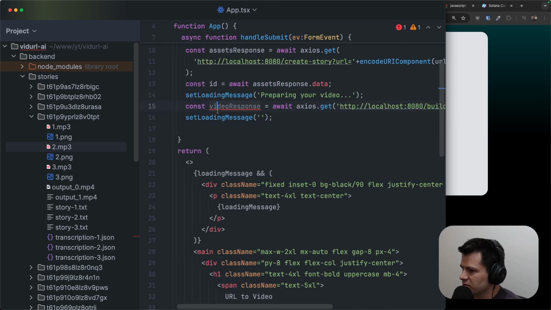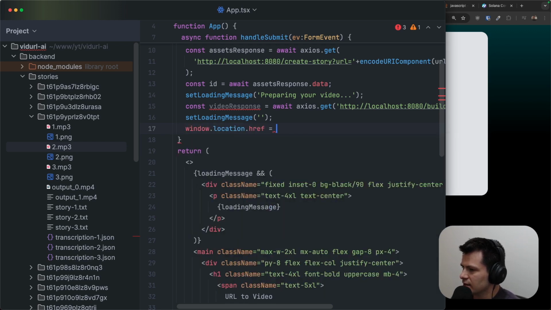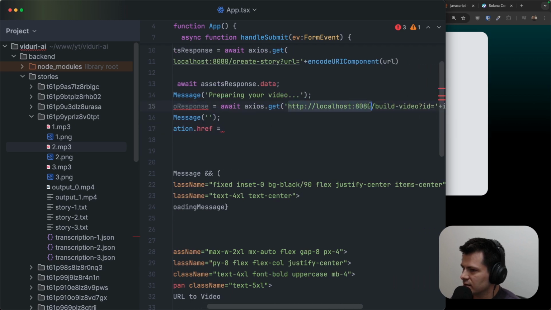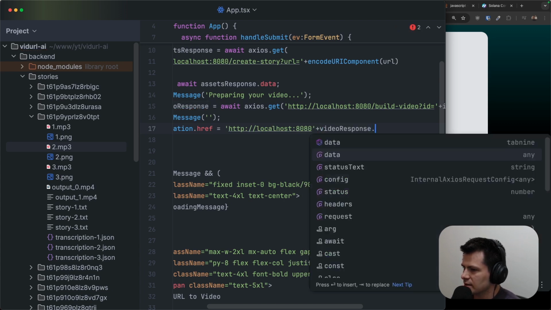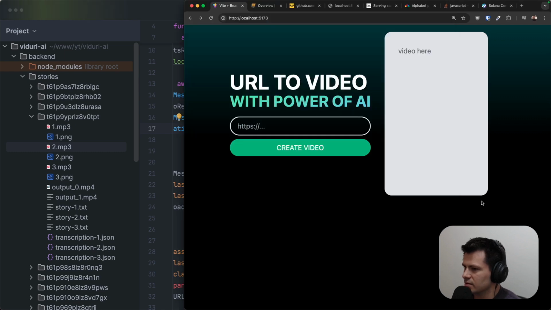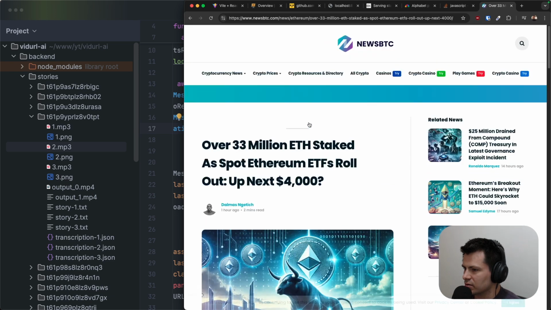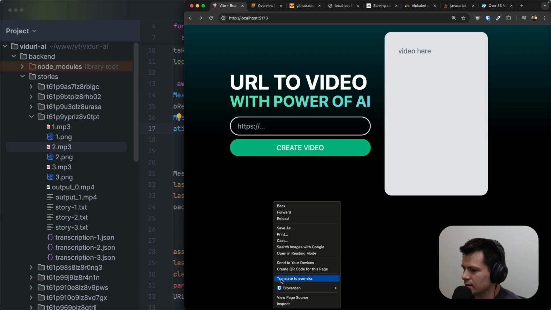Here we have this video response. Basically what we need to do is window location ref, and to redirect to this URL, first we need to get this backend host name, and then we do video response, and then it's data, and that's all. Then it just works. So let me take another URL, I will copy this one, and let's